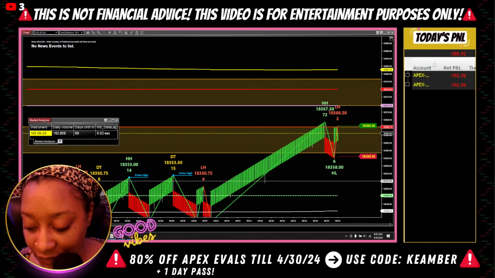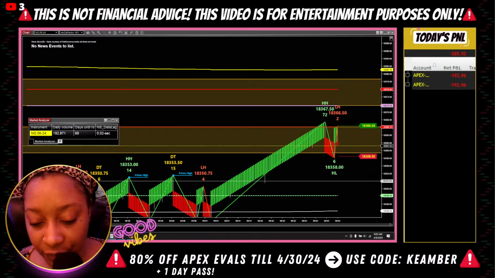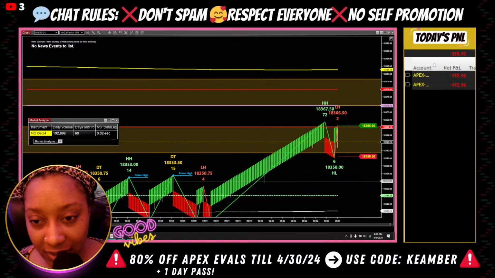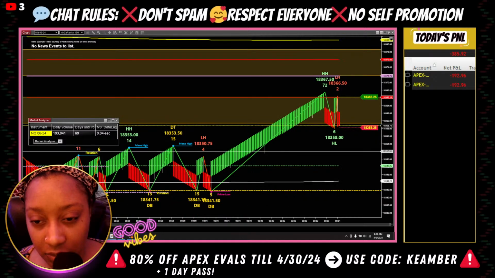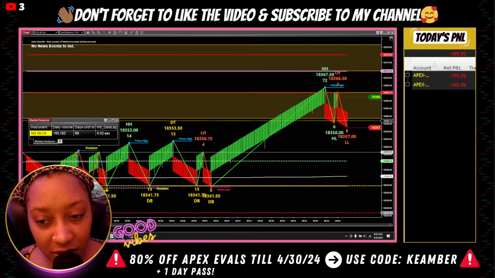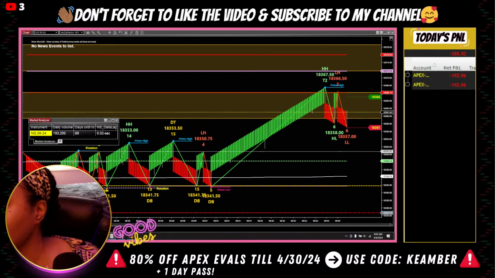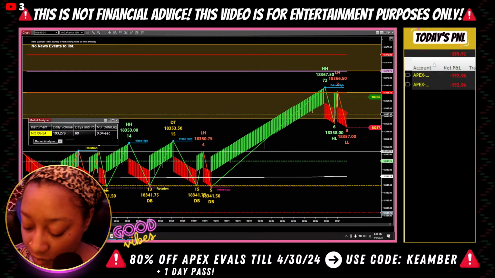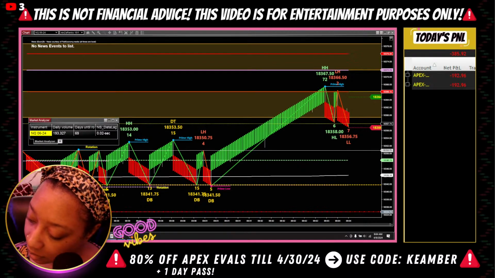I have certain parameters, different versions of that particular setup that I do not take. It's only that version that I do. And I'm starting to feel like we just need to get rid of that version as well, because to lose 2 trades in a row with it is a big problem. So I am going to look over that. The market's extremely slow this morning.